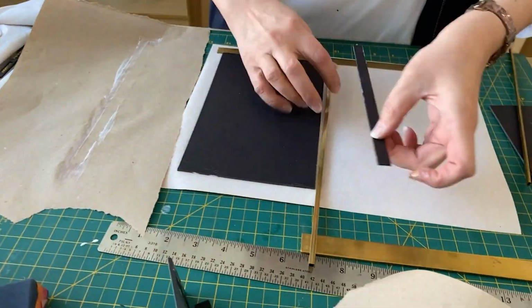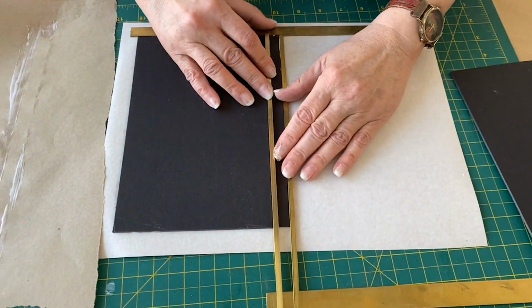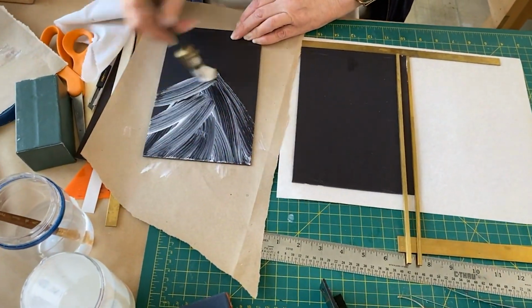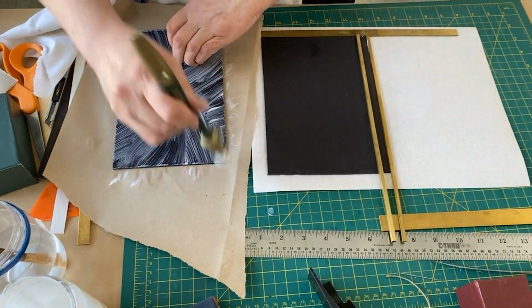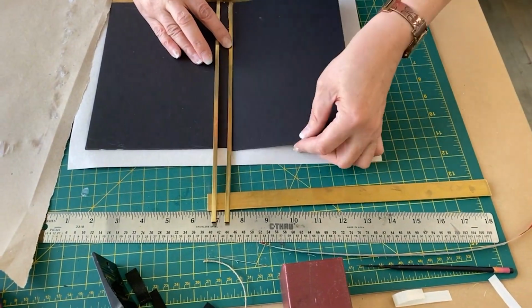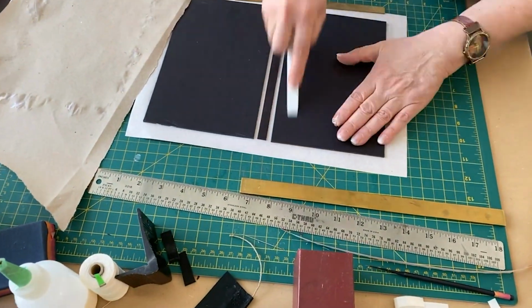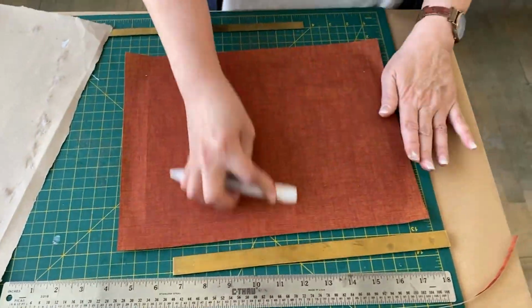Now we'll make the case for our book. The dimensions of the case will be determined by the size of your text block. We like to glue up our boards and then apply them to the book cloth. When determining these dimensions, it can be useful to look up case binding how-tos to determine the best size for your book. Once you've laid down your boards, make sure to flip it over and bone down the book cloth